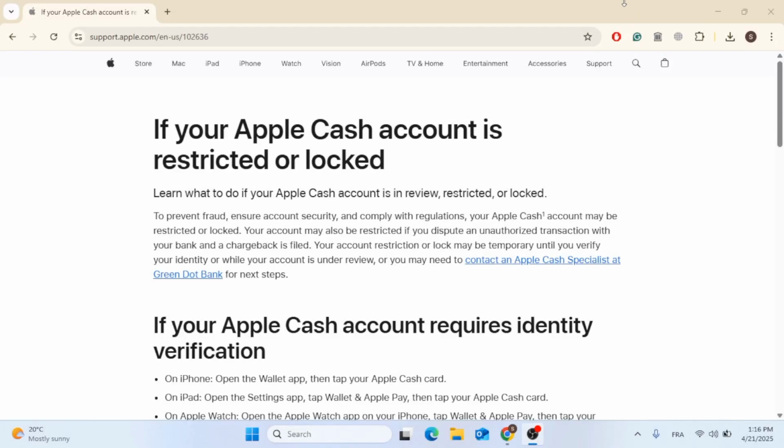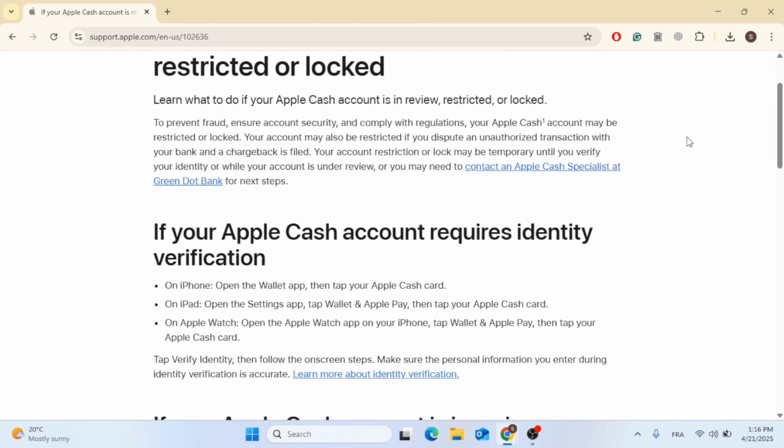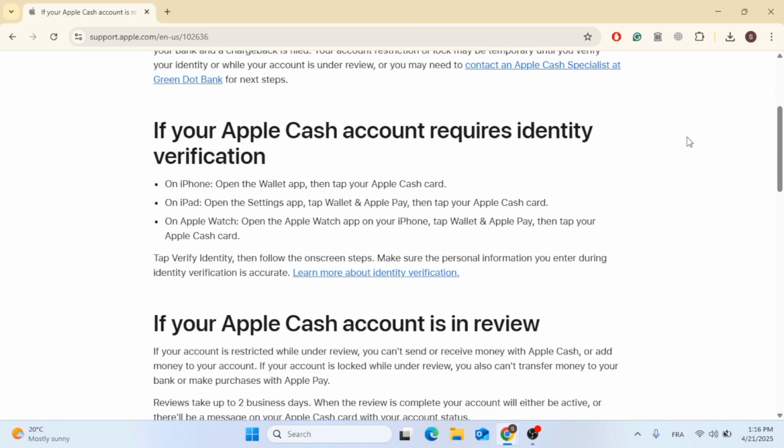In this video, we are going to fix account restricted on Apple Pay. Now, there might be a couple of reasons for your account to be restricted on Apple Pay. The first thing is if your Apple Cash account requires identity verification on your iPhone, just open the Wallet app,